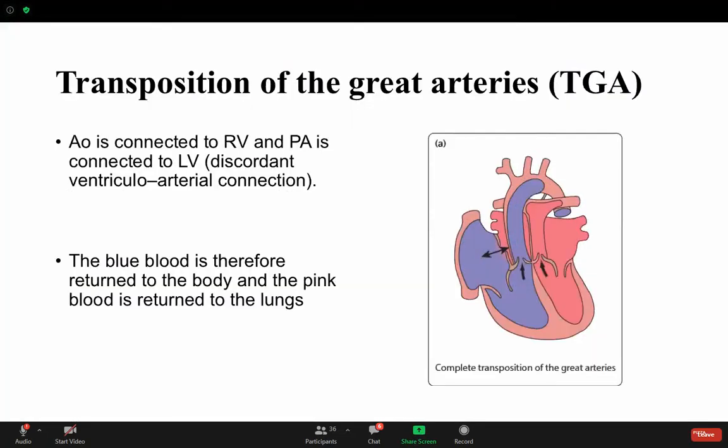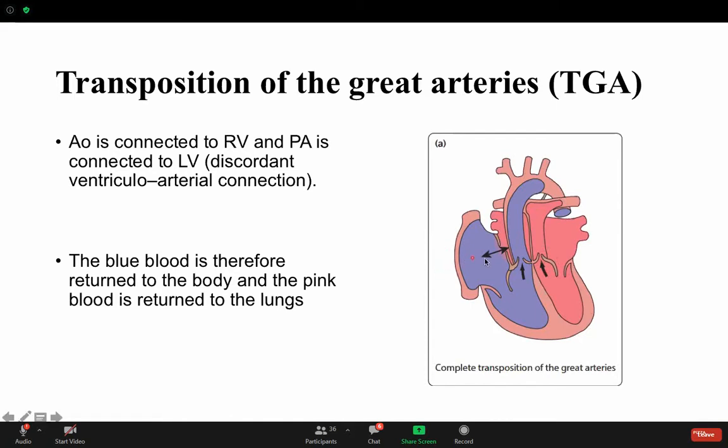Transposition of the great arteries. هنا صار عكس من الاسم transposition، يعني نعكس positions حقت الجريت arteries. الجريت arteries اللي هي الpulmonary artery والaorta. فزي ما تشوفون هنا بدال ما يصير المفروض من الرايت سايد يروح pulmonary artery ومن الليفت سايد normally يروح الايورتا. هنا صار العكس، الرايت سايد قاعد يعطي الايورتا والليفت سايد قاعد يعطي البلمونري. واضح؟